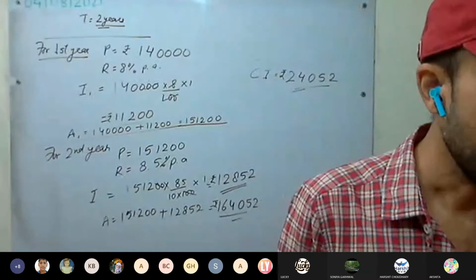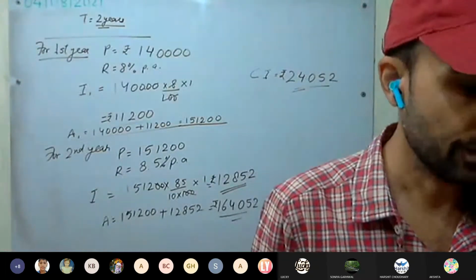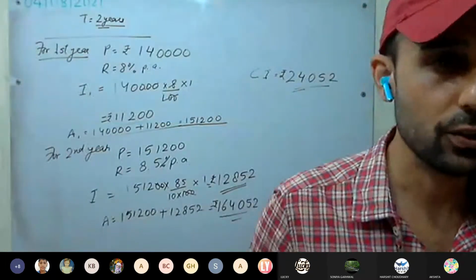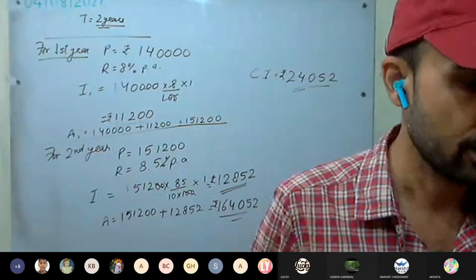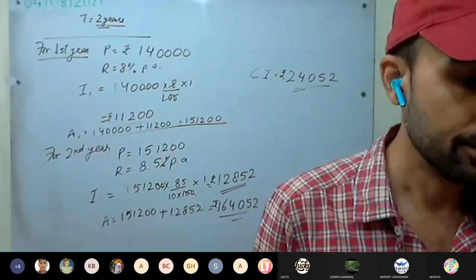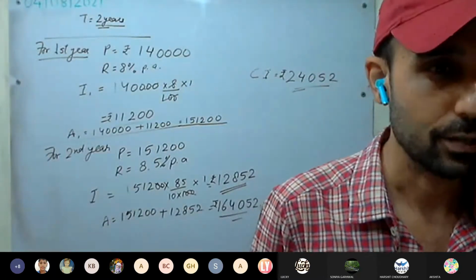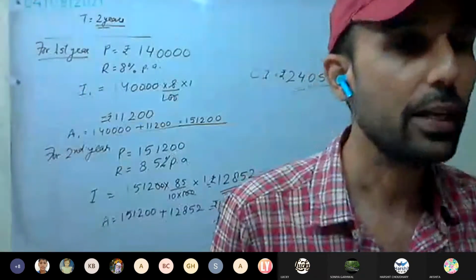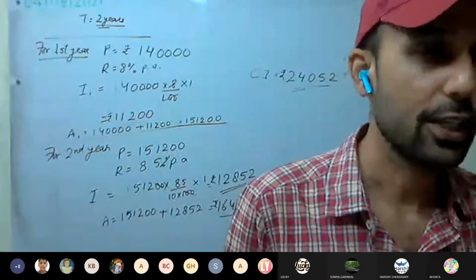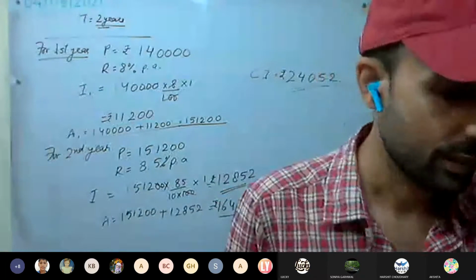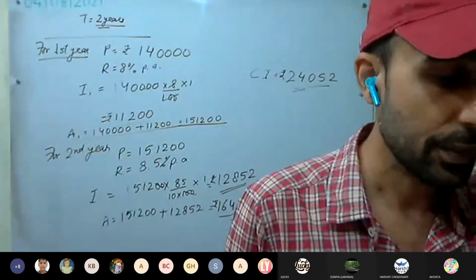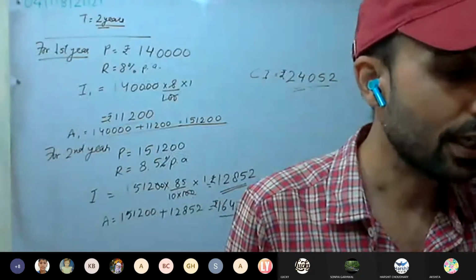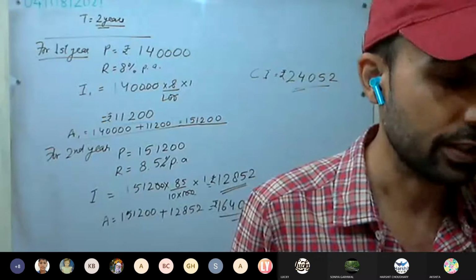Ninth question. A bank offers two rates of interest. So this time the bank is offering two rates of interest. One is 10% per annum simple interest. That is, you went to the bank and you wanted to take a loan. So the bank offered you two interests, that is, either you can choose this one or this one. One is 10% per annum simple interest, while the other is 9.75% compounded annually.